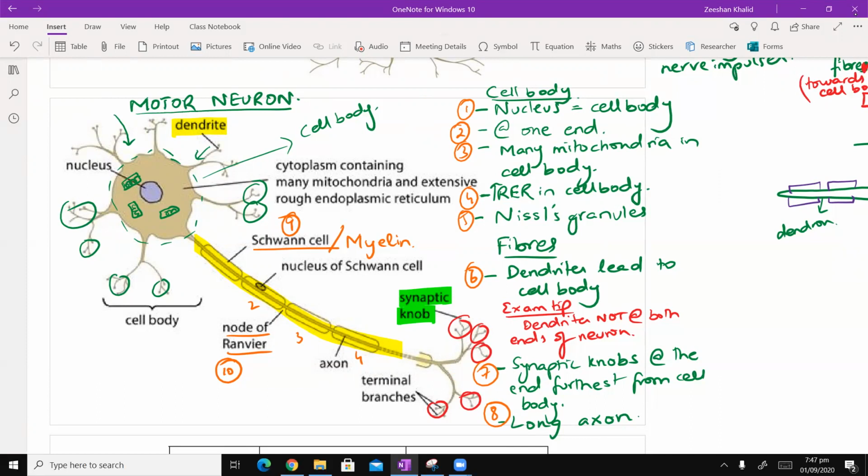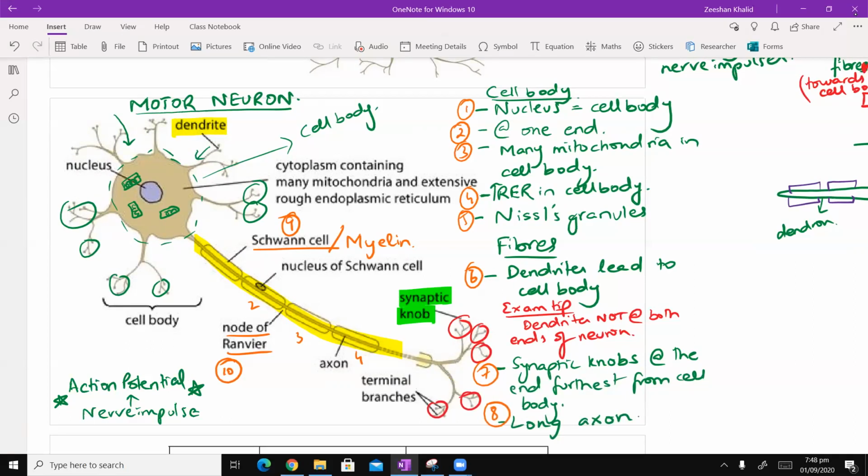अच्छा, लेकिन अब याद रखें, now you are actually going to transition from the word nerve impulse also. You have to use the word action potential. So there is action potential traveling along the length of the motor neuron. So basically, it's the same thing as the nerve impulse. A nerve impulse is a simpler word that we want to replace with action potential. Now, this is generally what we need to know about the motor neuron.